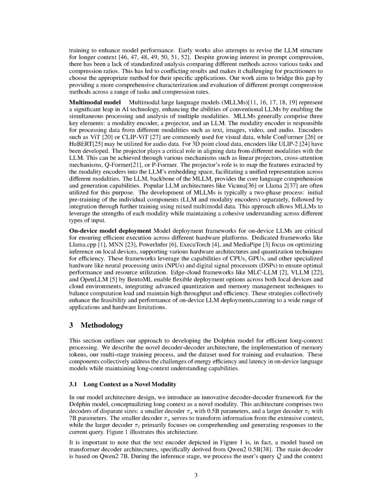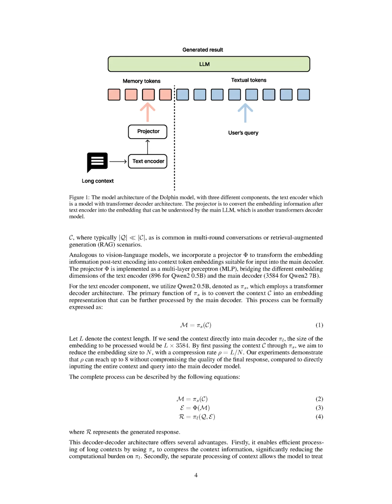The Dolphin model employs a two-decoder architecture, where the smaller decoder, denoted as pi_s with 0.5b parameters, compresses the long context before it is processed by the larger decoder, pi_l with 7b parameters. For example, if we have a long context, C, of length, L, the smaller decoder, pi_s, first transforms this context into a compressed embedding representation, reducing the size to n tokens, where the compression rate, ρ, can reach up to